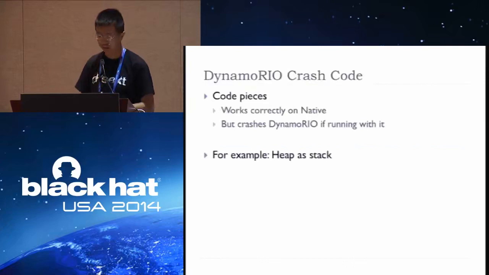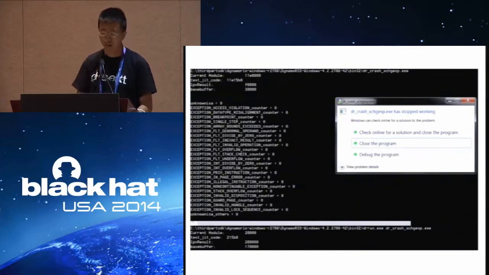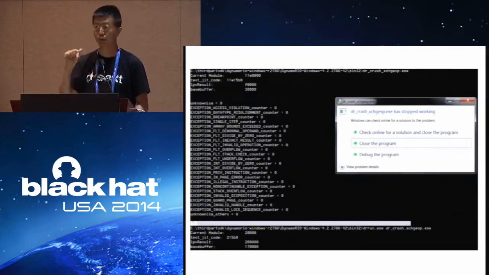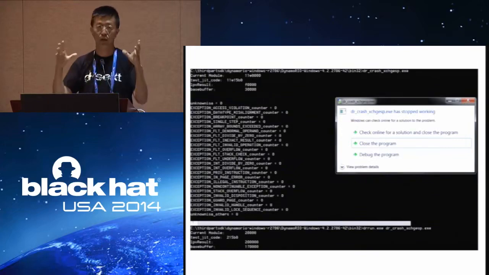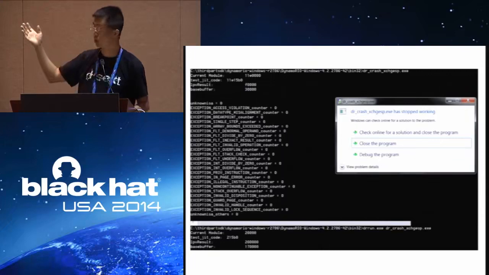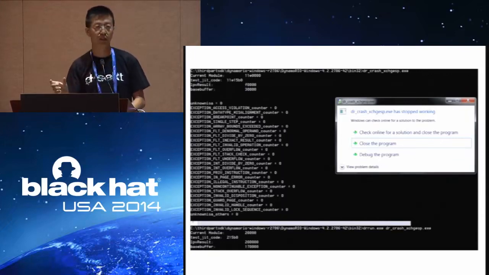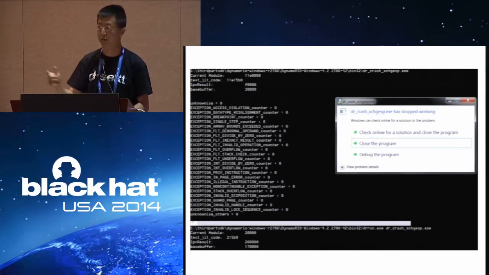So here's one example. We wrote a piece of code. What it does is make a stack pivot, so it uses the heap as a stack at one stage. And it turns out that when we run it, here's a screenshot of running our program twice. The top half of the screenshot is running this code without the DBI, and it just ran and shows some output. The bottom part is our second run under the instrumentation platform, and then you see there's a pop-up window